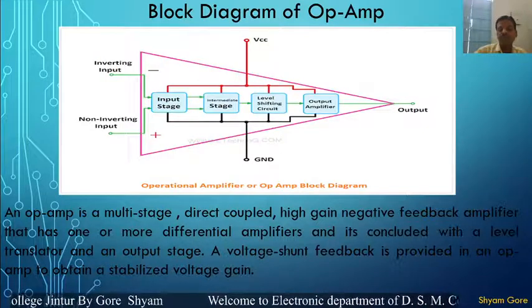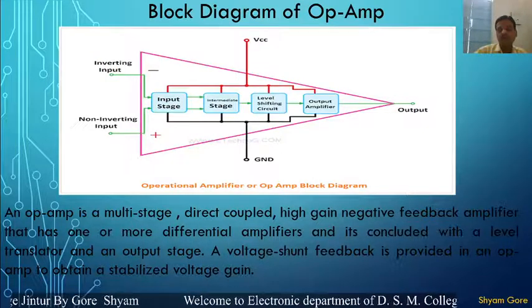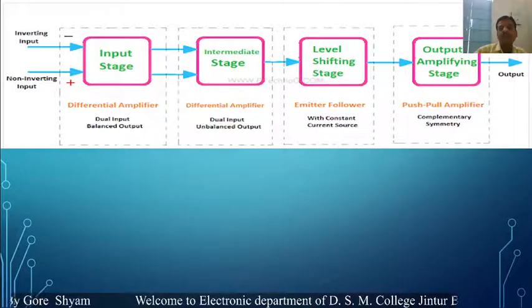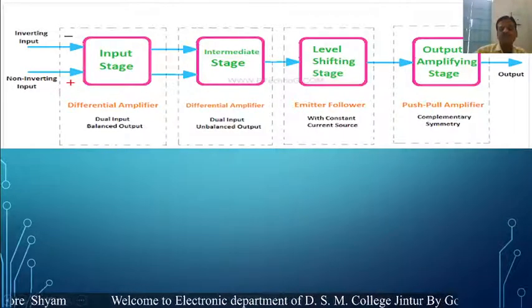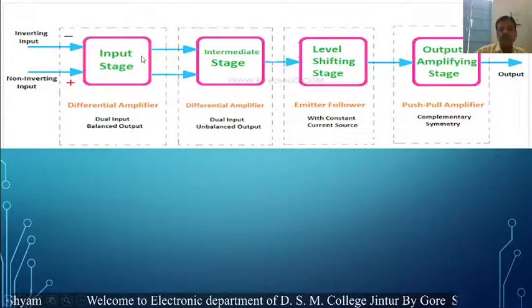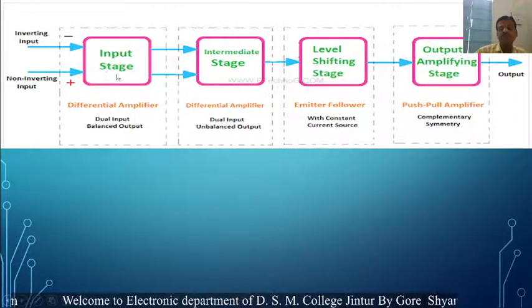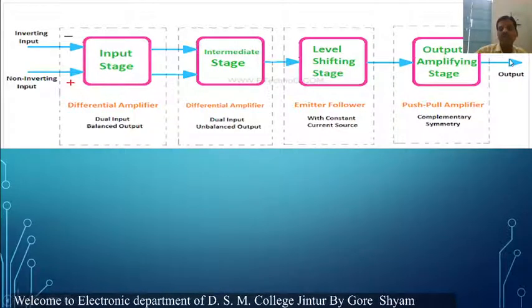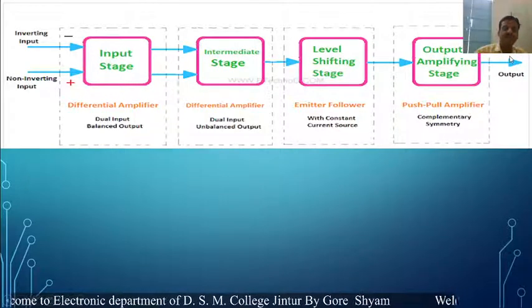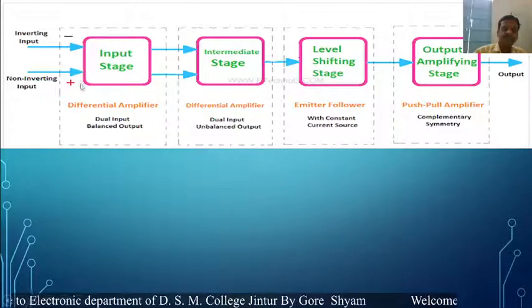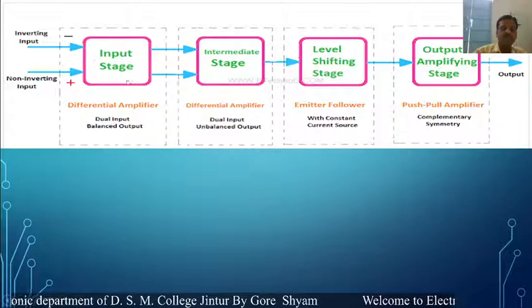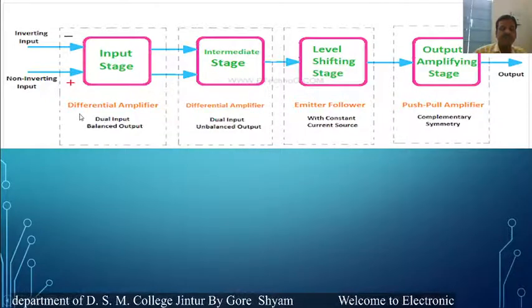So this is the block diagram of the operational amplifier, and these are the four stages of the operational amplifier. So let us see the function of each block. This is the first block, second block, third block, and fourth block. Therefore let us see the operation of the first block, that is the input stage, and the input stage is known